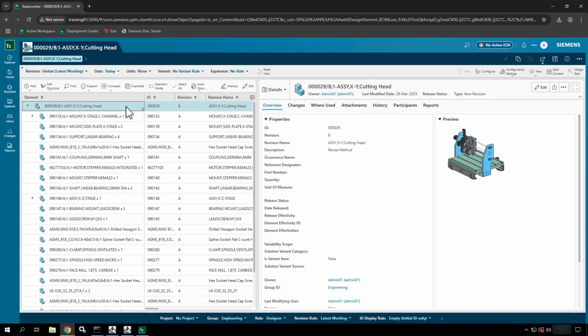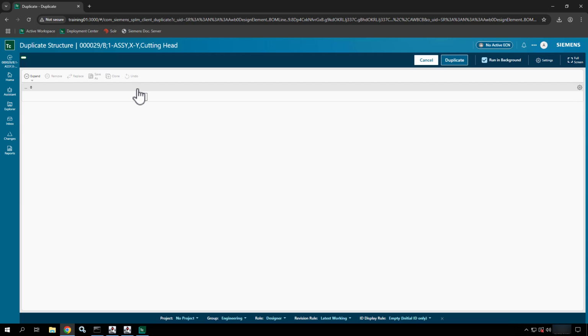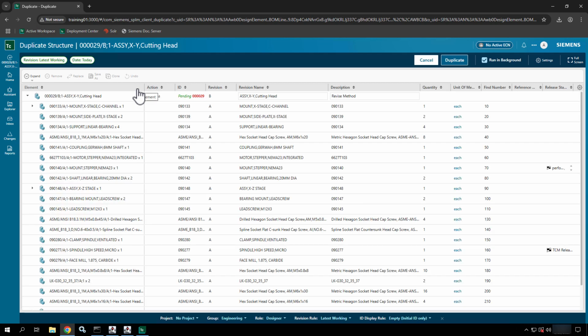Now I'm going to come in here and say, let's duplicate this assembly. You can see right above the component, we have duplicate here, and I'm going to say duplicate. In this case, it'll open up in a full screen, and you can see I have expansion rules where I could expand everything below or collapse. But in this case, I'm building a completely new cutting head assembly, and I intend to add some additional components to it. So this is the cutting head assembly, but I'm going to change the name of it. Now it's just going to be cutting head